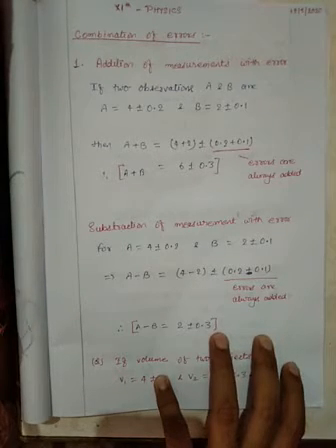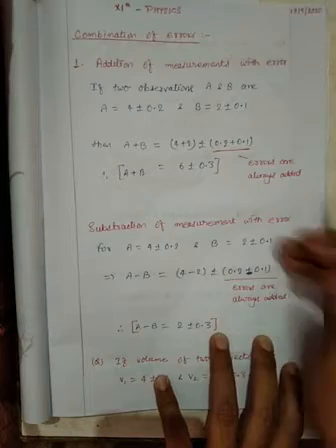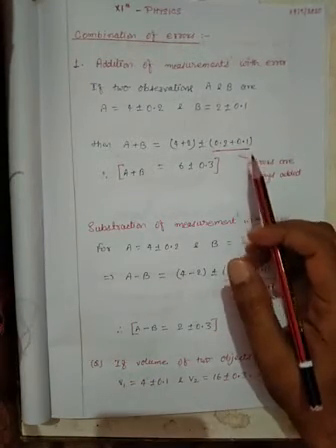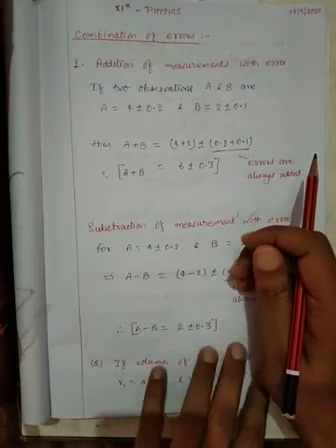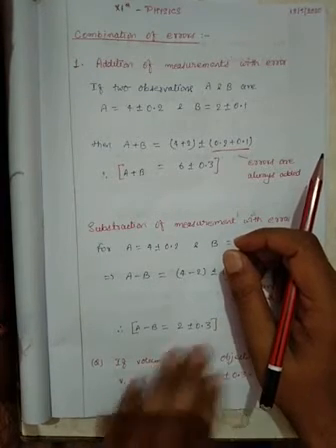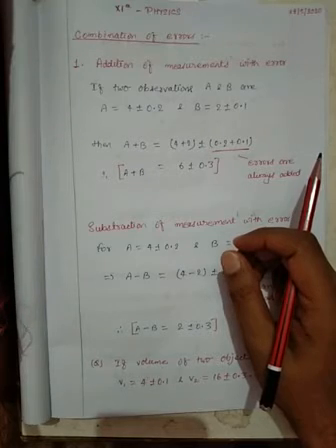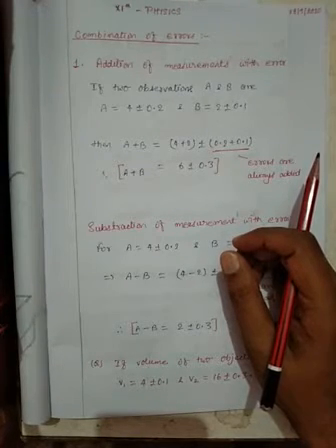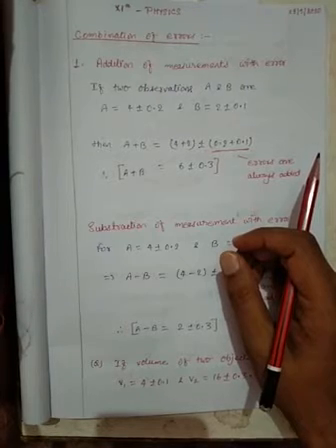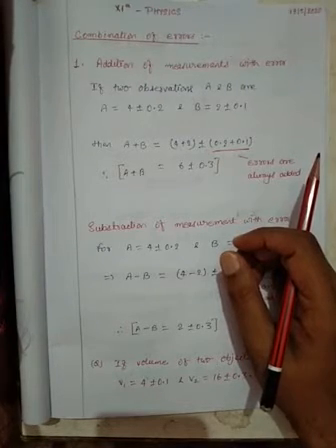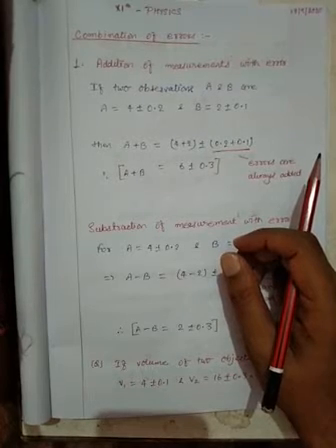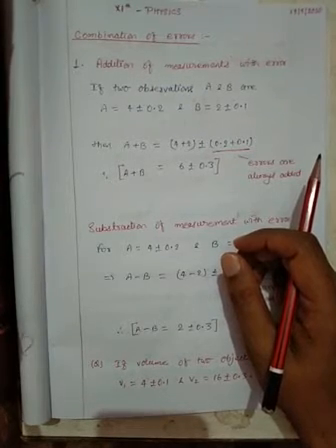So suppose that different measurements or calculations are added or subtracted together, or in other cases multiplied or divided together. How these errors are going to affect our result, that we will learn under the heading of the combination of errors. So in this part, we will learn certain theories on how we can combine the different types of error if they are in any measurement or calculated value. So let's proceed.